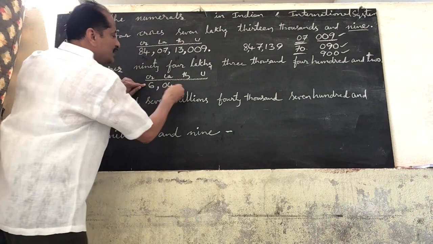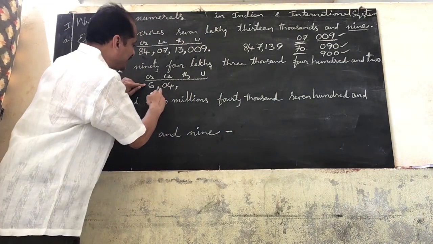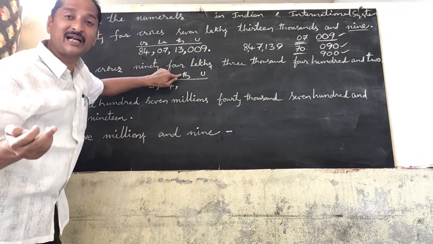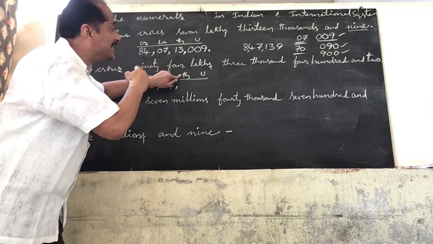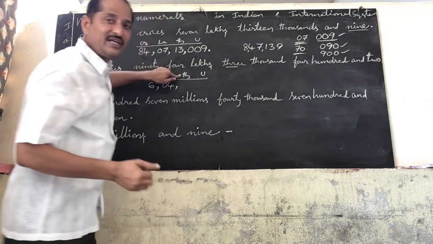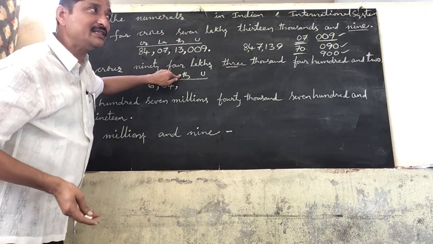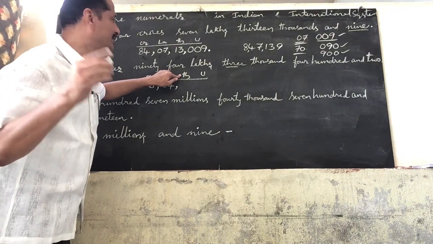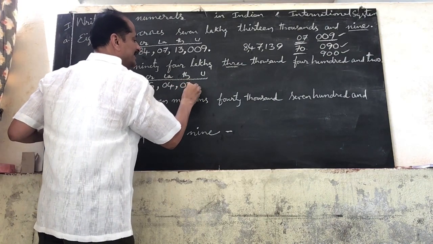If you write 40, how much does it become? 40. But here we have 4 lakhs. So we have to write 04. Next lower than lakhs period is thousands period. Thousands period also contains 2 places. But in the given question, how many are there in thousands period? You see 3 thousands. Only 3. So here also you have to write 3 in 2 digits. How can you write 3 in 2 digits? 03 or 30? Yes, very good. 03.